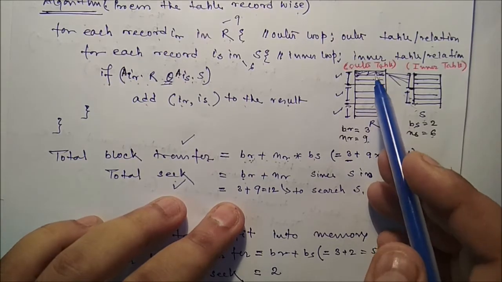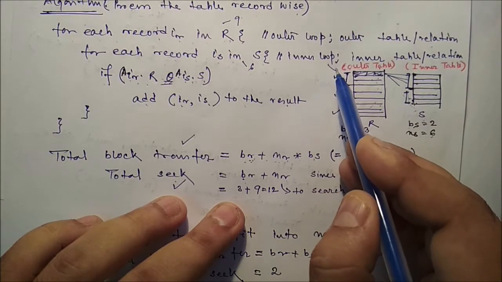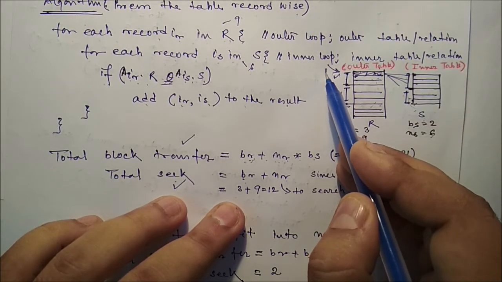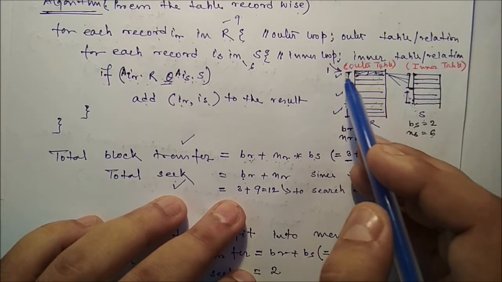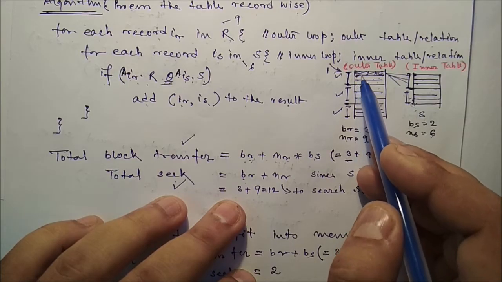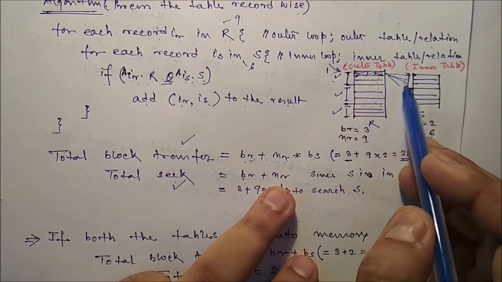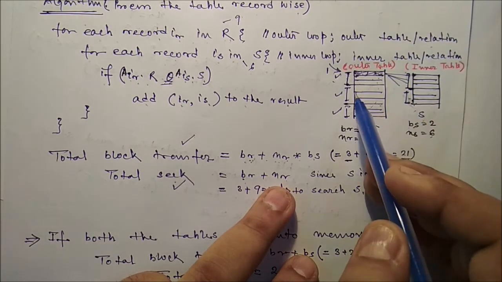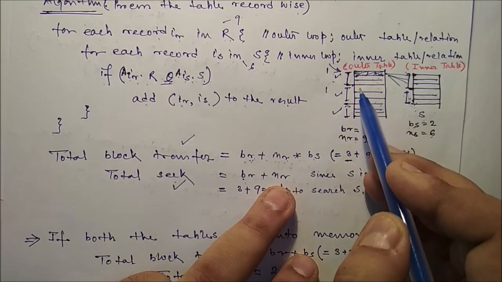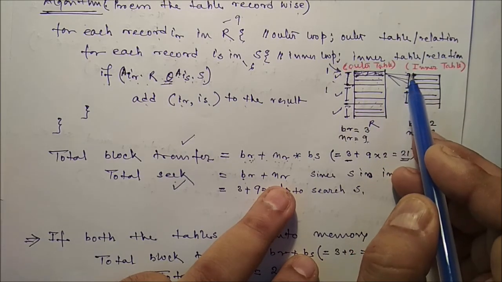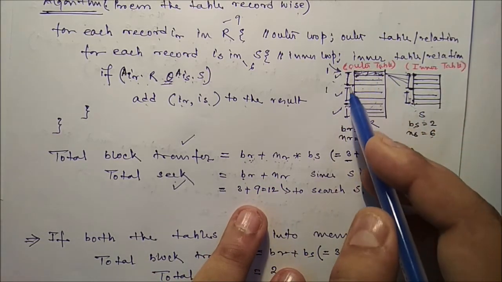So first we have to transfer this particular block. So we have to search this particular block, so we need 1 seek time. After that we have to transfer this, we have to search this one. For this particular block, for each and every data, we have to search the inner table sequentially. So for this data we have to identify the first record, then sequentially the next, we have to identify the starting address of this block. So another seek time. And for each and every data we have to apply the seek time for this particular table.